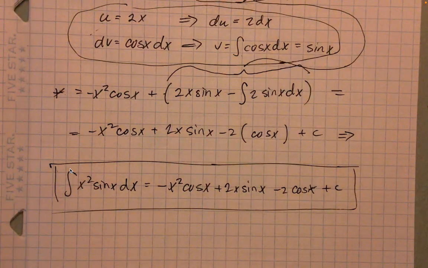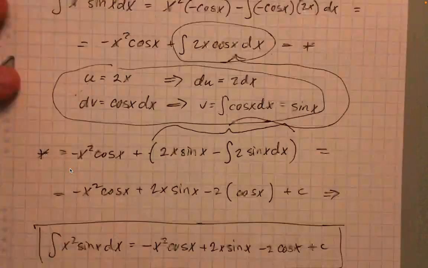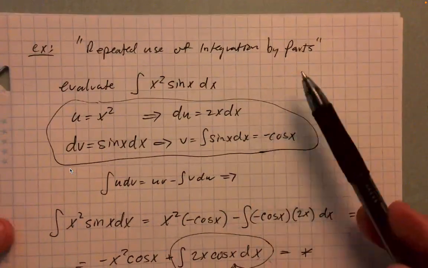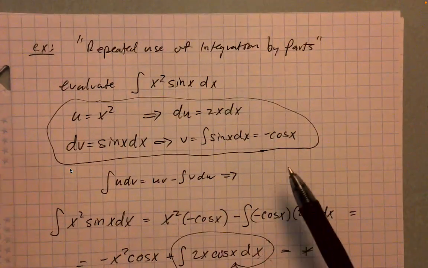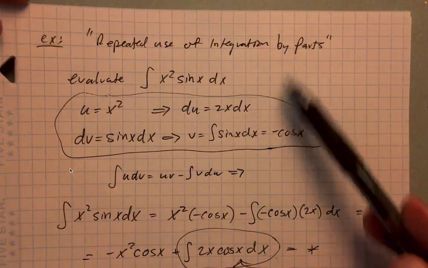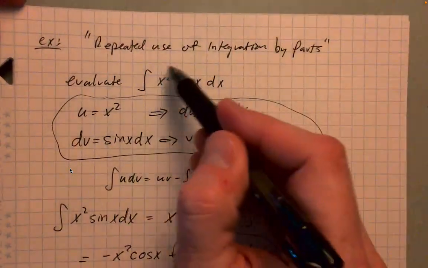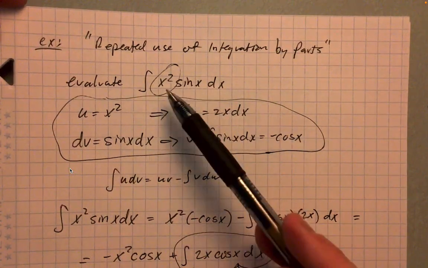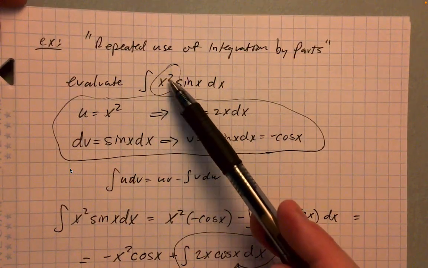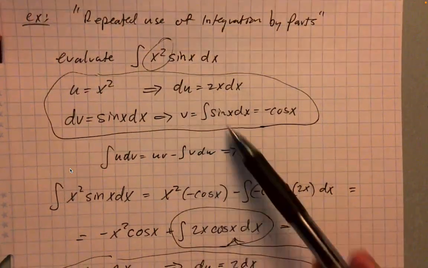Okay, so kind of a longer problem, but yeah, this idea, this integration by parts, is extremely versatile, right? And so it can be repeatedly applied to the same integral. And basically, when you do that, what you're doing is you're kind of whittling down a part of the integrand that is troublesome. So this x squared upon the first